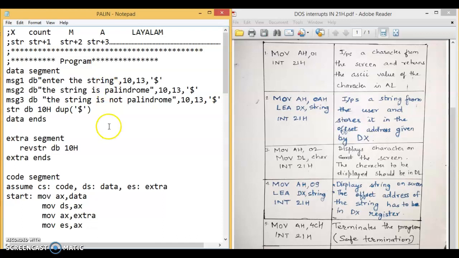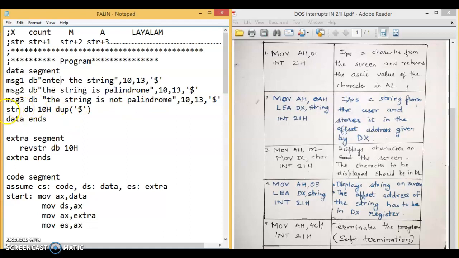This is for making our program interactive, and they are enclosed in double quotes since they are strings and have ASCII equivalents, so they have to be initialized with the data type DB, in memory locations with the names message 1, message 2, message 3. 10 here is the ASCII character for a new line feed, just like \n in C, and 13 is for carriage return. The $ sign stands for end of string to avoid any garbage being printed further.